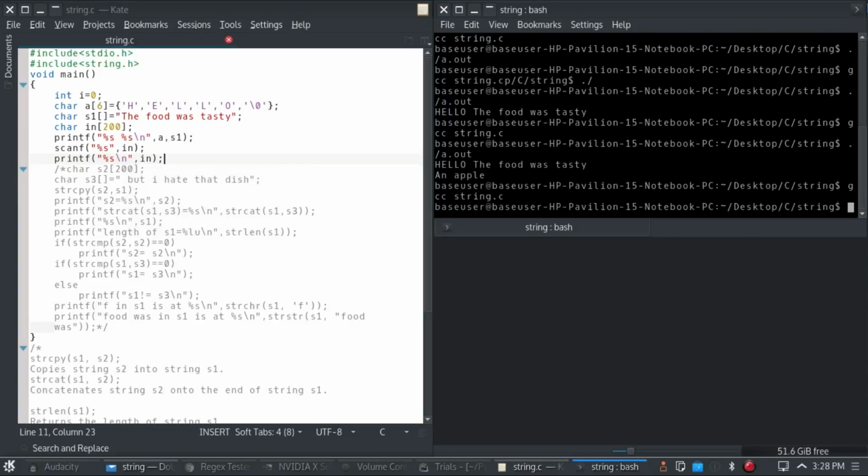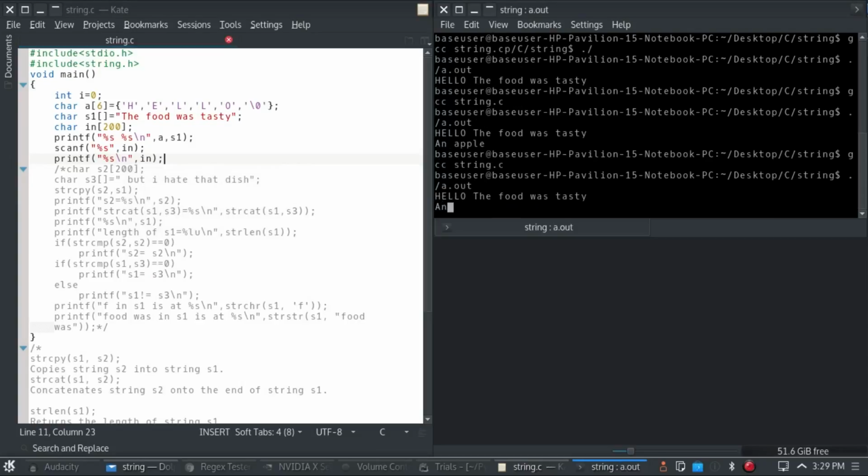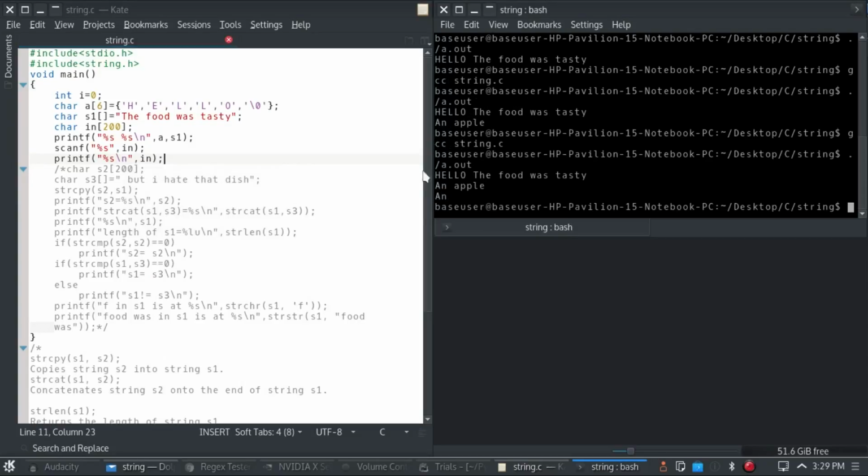So let me just quickly show you again: compile it, run it, and type "an apple". As you can see, inside my in it only printed "an", but what I wanted to give as input is "an apple". The scanf function in C, or pretty much any function in C, considers the space as a terminator. So after my "an", it will stop taking the input, or more precisely, it will stop giving my input into this in array,